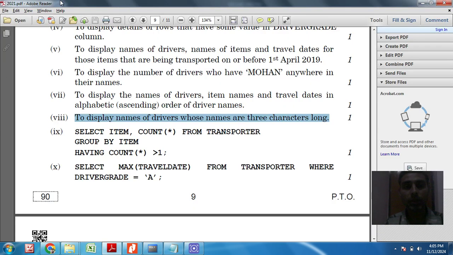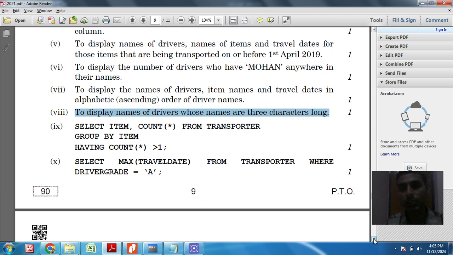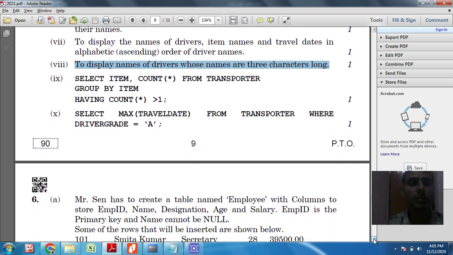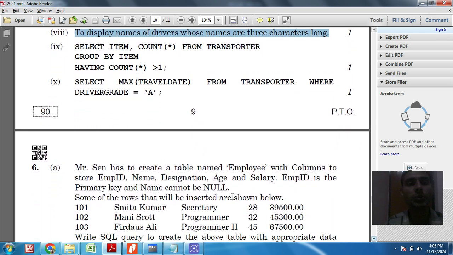SELECT item, COUNT(*) FROM transporter GROUP BY item HAVING COUNT(*) greater than 1. We just have to execute these queries. This is a question of GROUP BY. What is the rule of the GROUP BY clause?